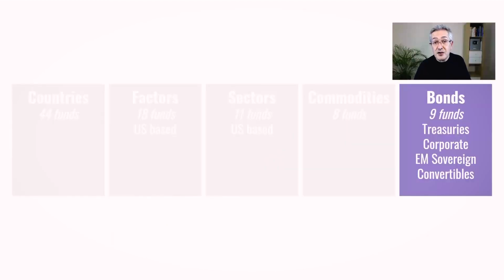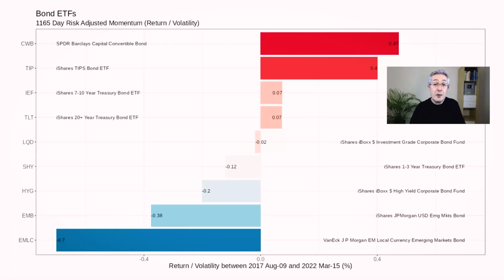And our final selection will be our bond fund. And here we have 9 funds to choose from. The look back period here is 4 years. And over that period, you can see that convertible bonds